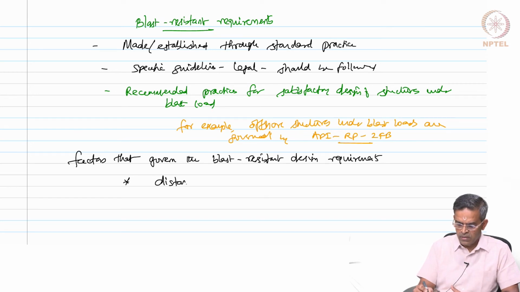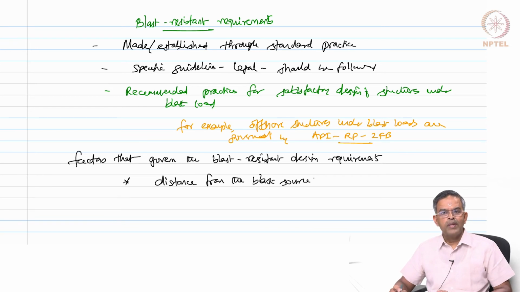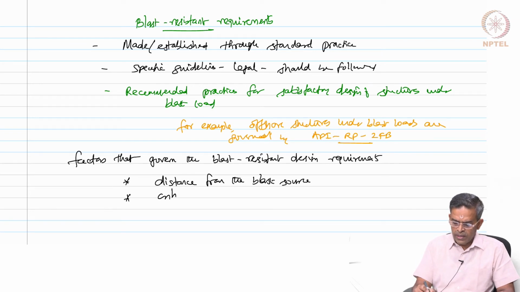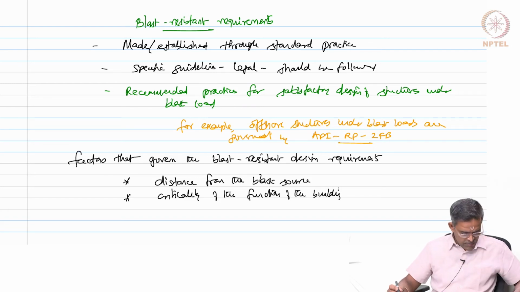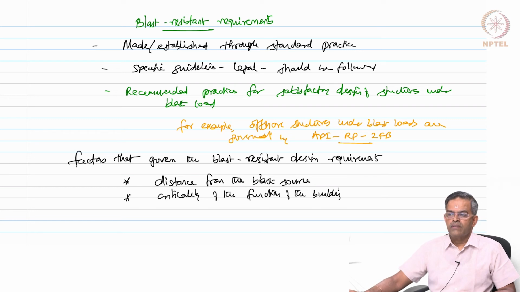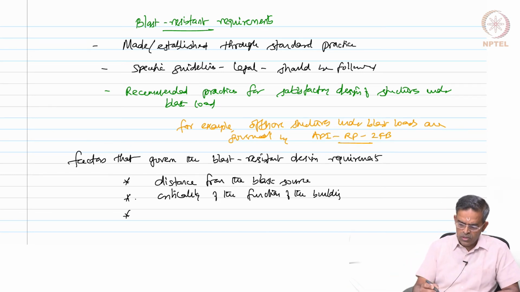Distance from the blast source, where is the blast source probably located and where is your building. 2. What is the criticality of the function of the building? Is it a strategic building? Is it a normal structure, etc. So, what is the strategic requirement of this? Thirdly and most importantly, what is the expected occupancy